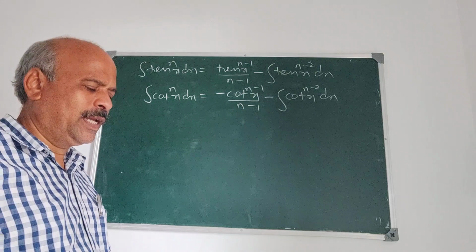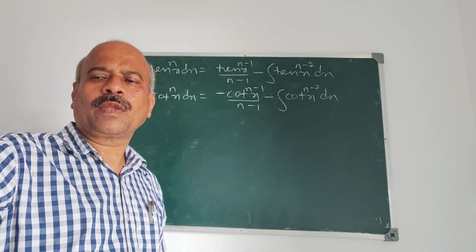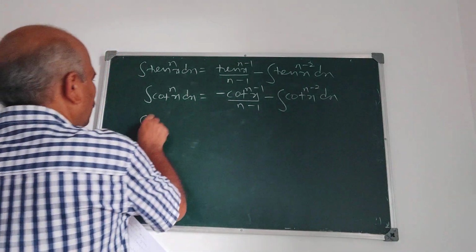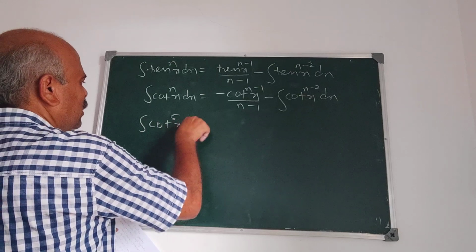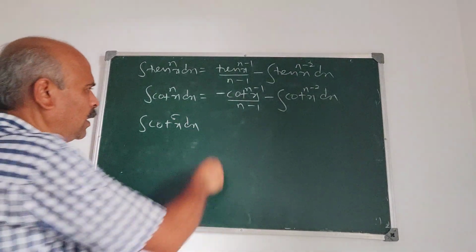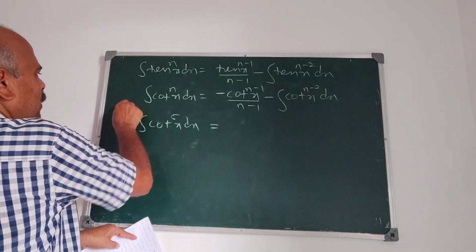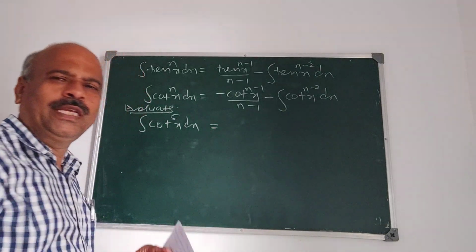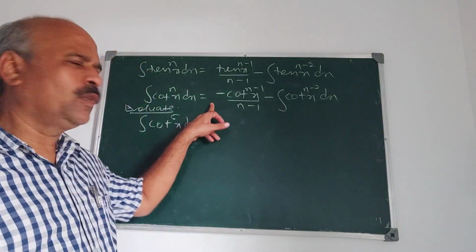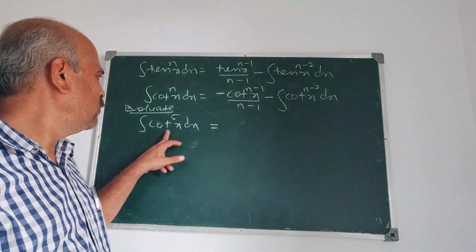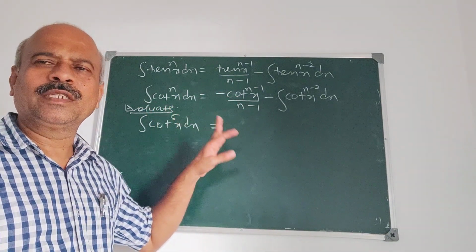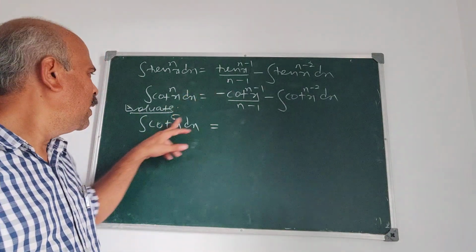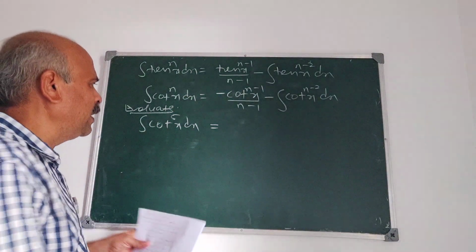And you know how to apply this formula, and you have to practice. I left some problems as exercise. Let's take one more. Evaluate integral cot x raised to 5 with respect to x. This is an application of the formula. Usually in the examination, the question is: derive the reduction formula for cot x raised to n and hence evaluate cot x raised to 5. This is the problem we will be asked in this form.